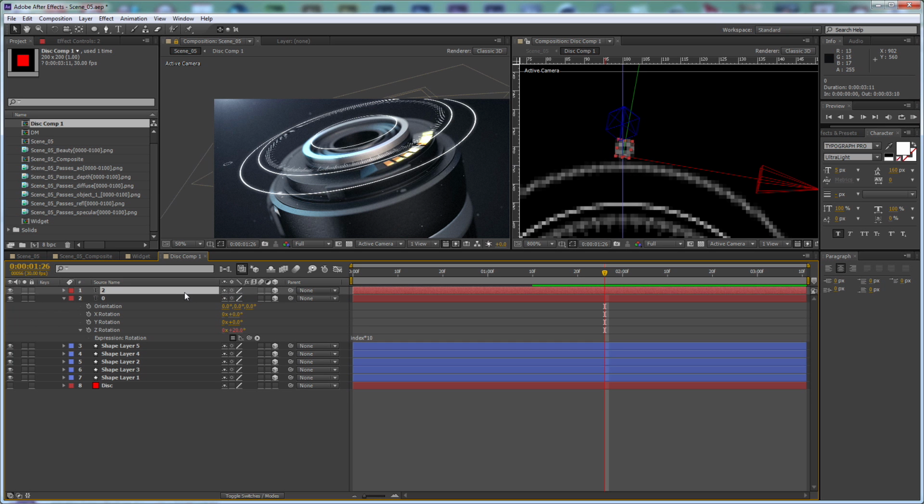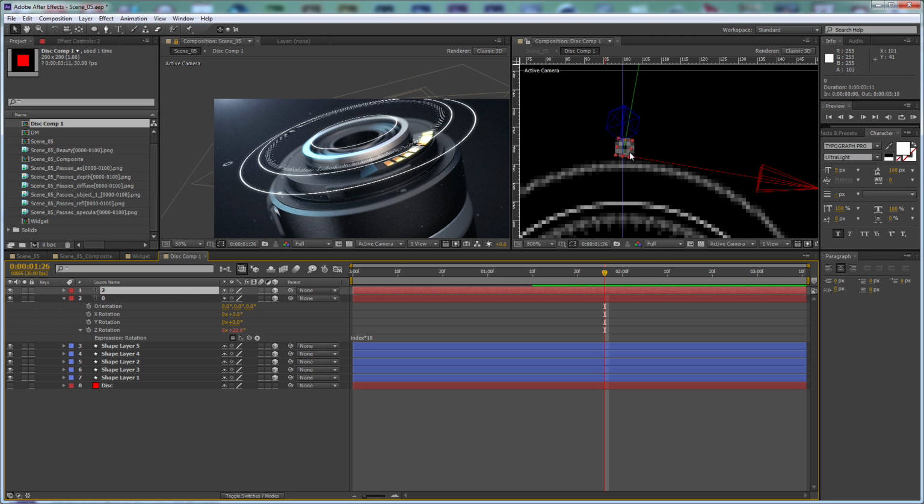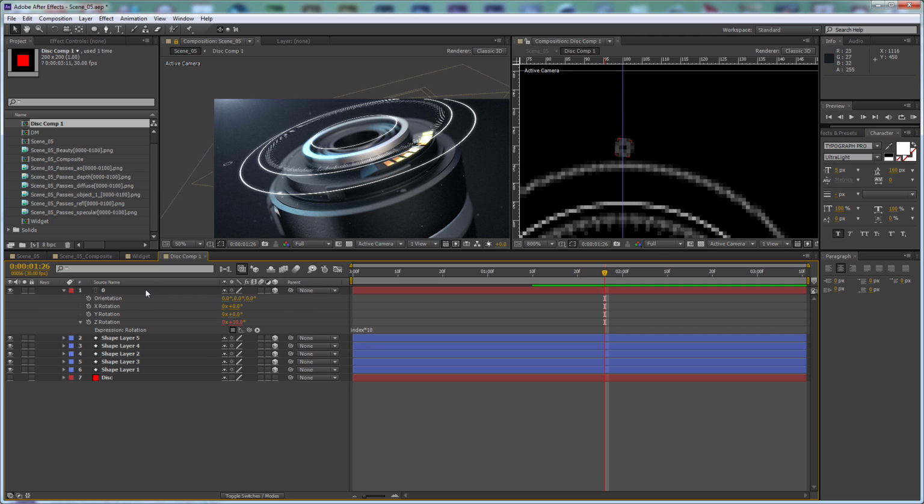But if we do a copy, it rotates it. What we need to do is to take the layer, just turn off the expression for now,